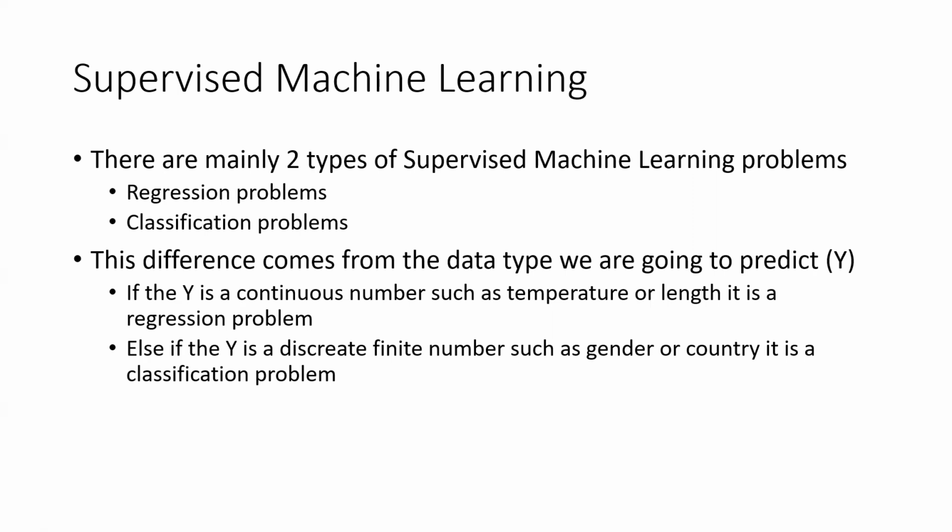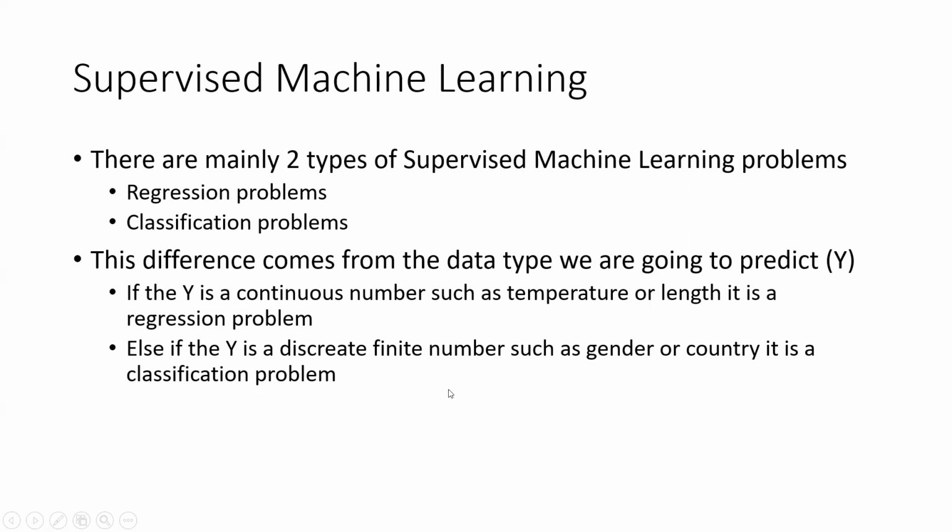Or if we are given some information about a potential customer, and we want to find whether this potential customer would buy this product or not, in this case Y is a discrete finite number. Whether he buys or not is a binary value, or such as gender, country. So that is known as a classification problem. If the Y value is a continuous value, it is known as a regression problem. If the Y value is a discrete finite number, it is known as a